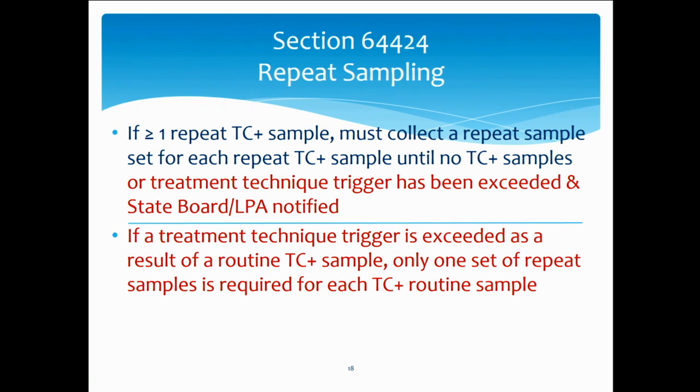So that's repeat samples. But if you exceed a treatment trigger by a positive routine sample, you only have to take 1 set of repeat samples, no matter what they are, because you've exceeded the treatment trigger. I'm not sure why they made this differentiation. This is in the federal rule, but